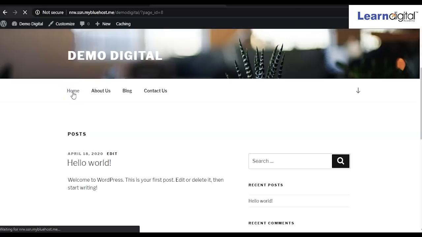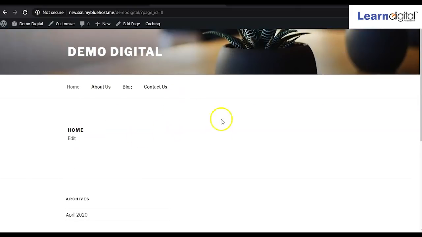If I click on home page, it is totally blank. Then about us, it is totally blank. Blog, it is totally blank. So all the pages are blank over here, right? So we'll be putting some contents over there.